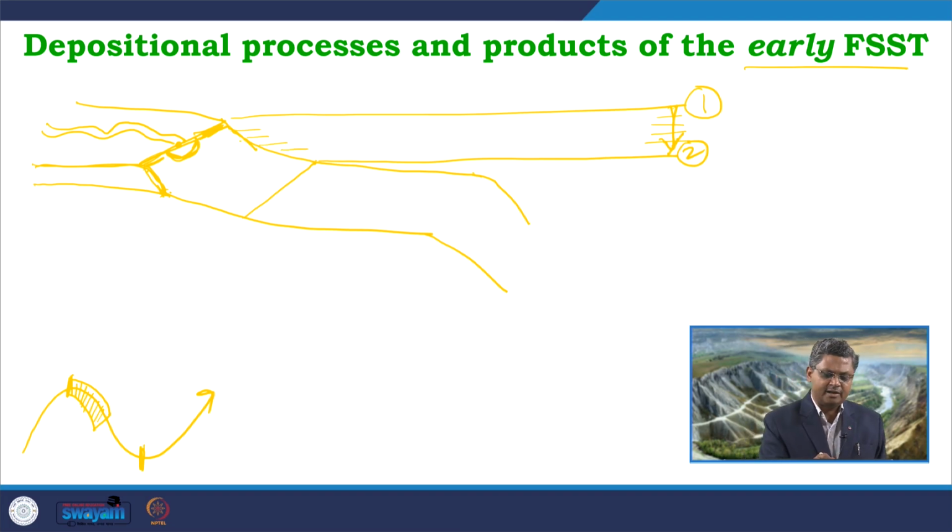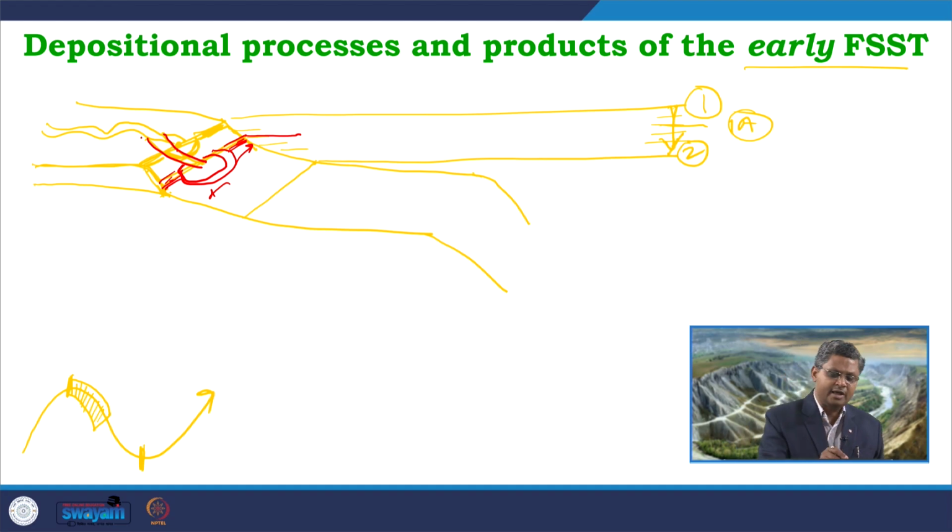Say for example, if I take this particular base level condition, maybe at level 1A. When the base level was here, definitely the river valley will incise up to this level, and the sediments will now be deposited over here, because this is the base level now, this is the sea level now. So, the delta will form over here, and since waves are available at this level now, the longshore current is playing over here. So, the sediments will be distributed along this zone and we will get the shore deposits forming over here.